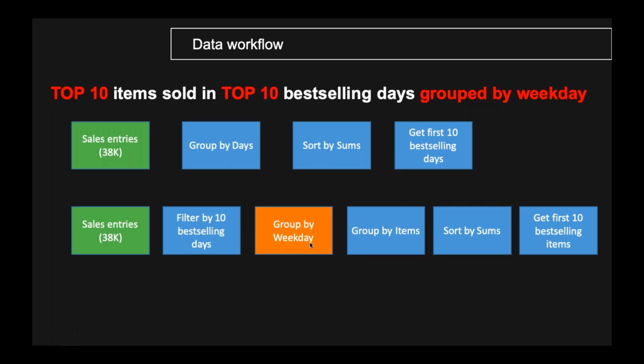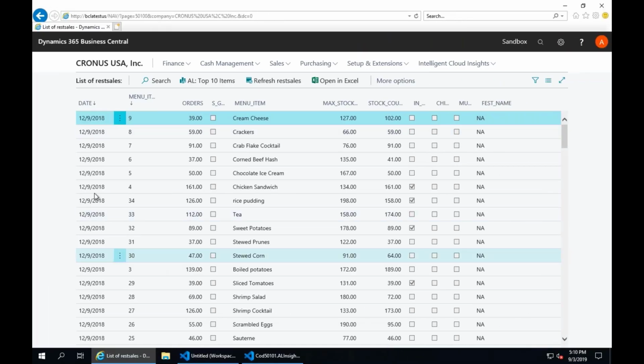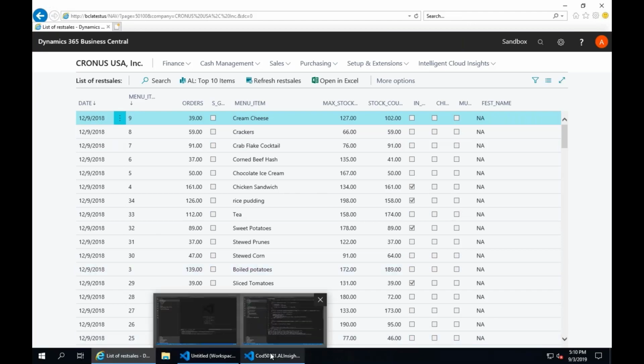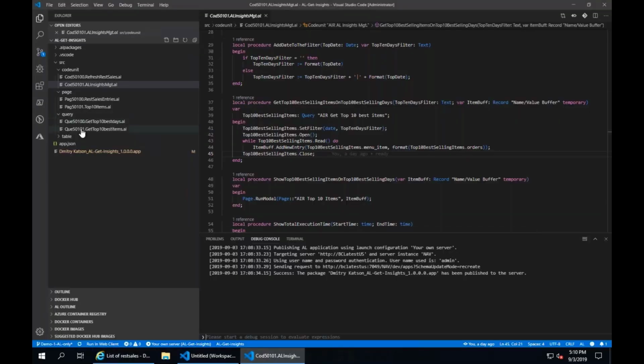You can think it's simple. We can just add one more column in our query. But the thing is that we don't have a weekday here. We have only a date. If we look at our queries,